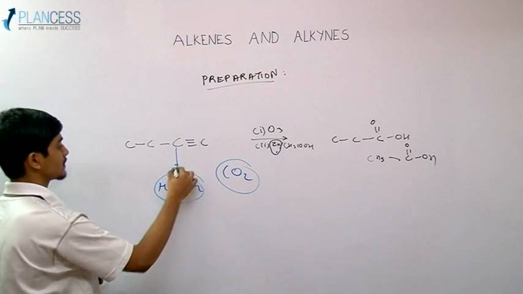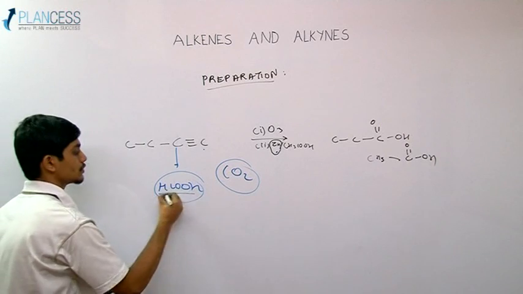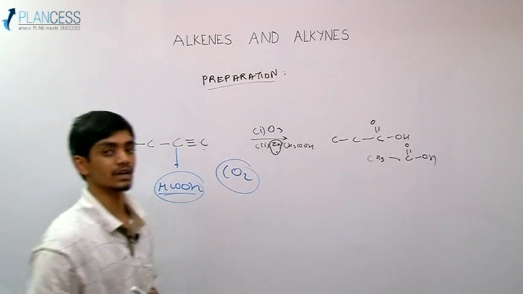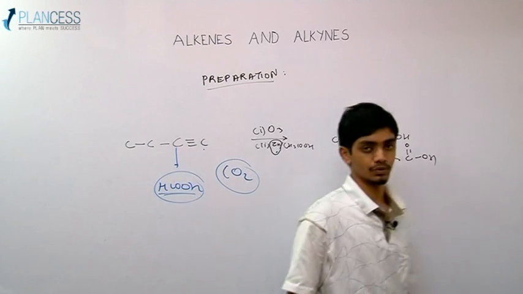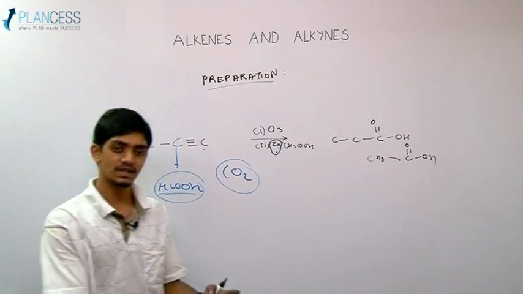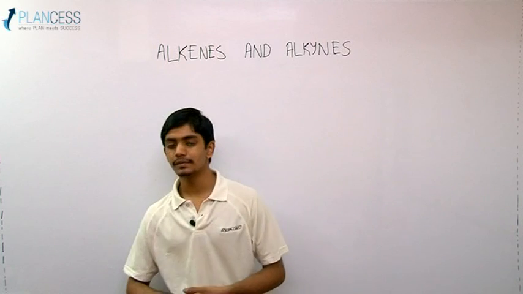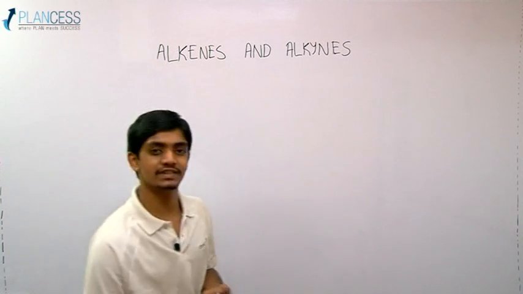So if you ozonolyze this, you will get normally propanoic acid, and with this carbon you will get the formic acid and not carbon dioxide. So this is, again, one of the differences between ozonolysis of alkenes and ozonolysis of alkynes. We have come to almost the end of the lecture, but there are a few points that I would like to add about the elimination reactions,